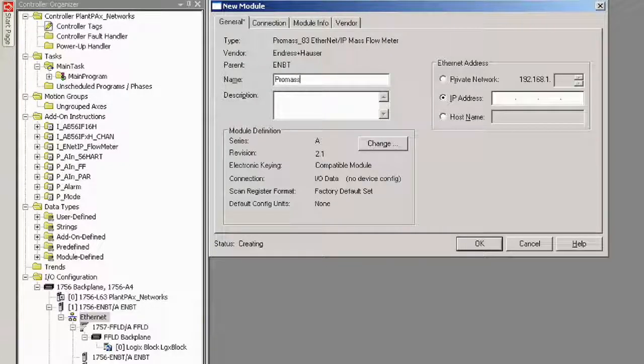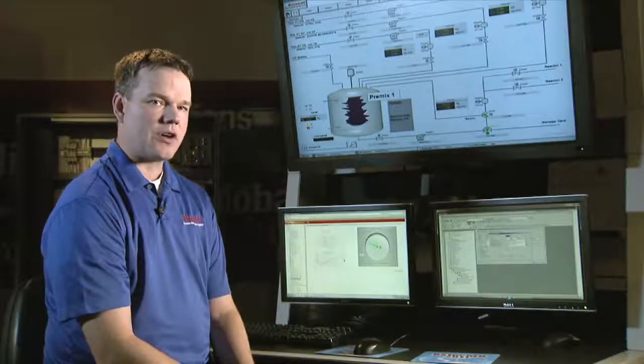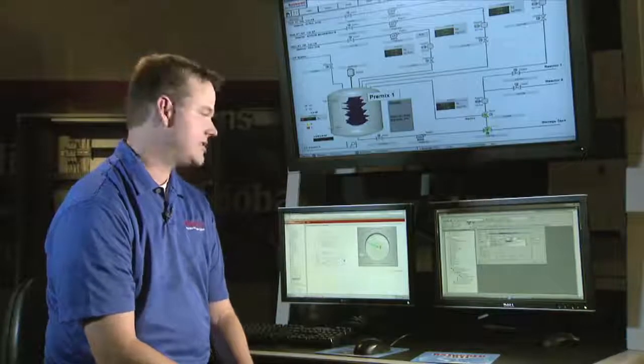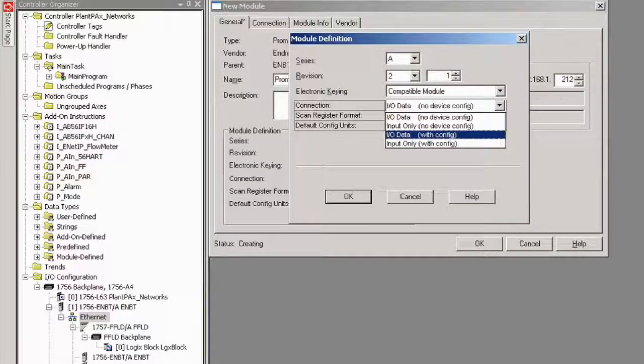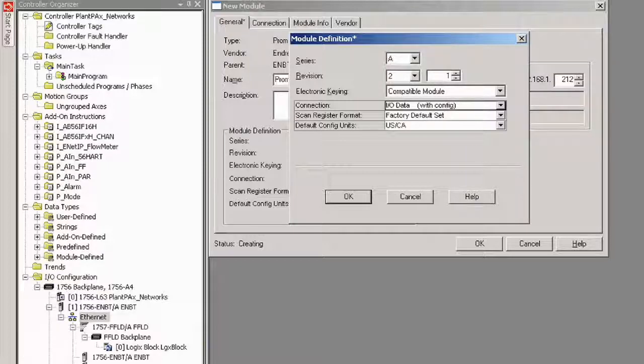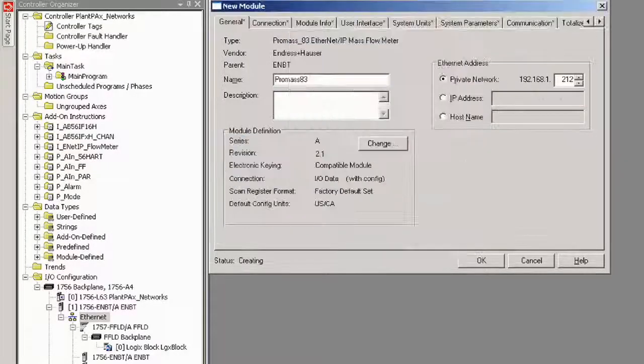Next, give the device a name and an IP address. You can get this IP address from the device itself. Make sure that the module definition is set to the latest revision, and change the connection radio button to I/O data with config. After you accept those changes, additional tabs will pop up, which will allow us to completely configure